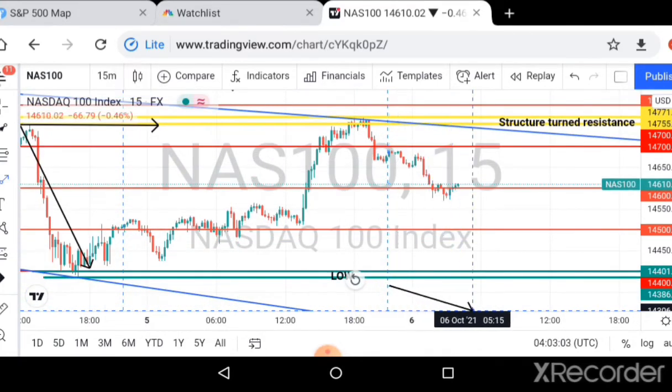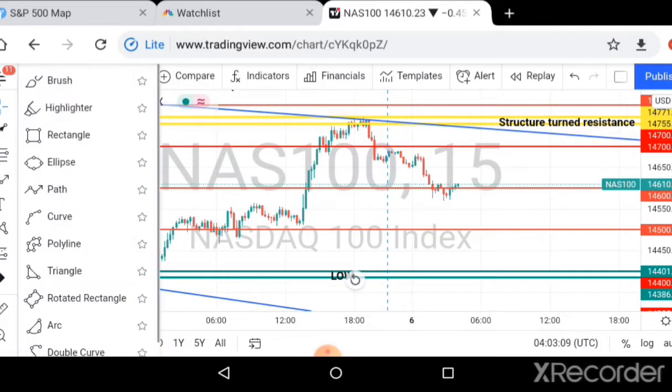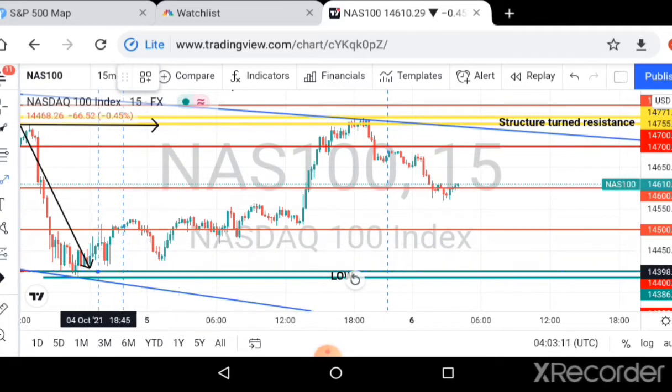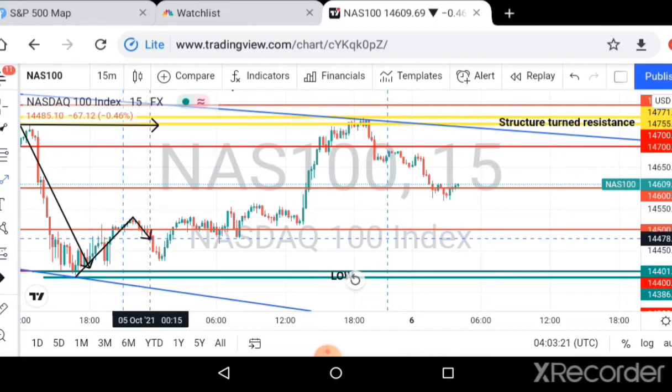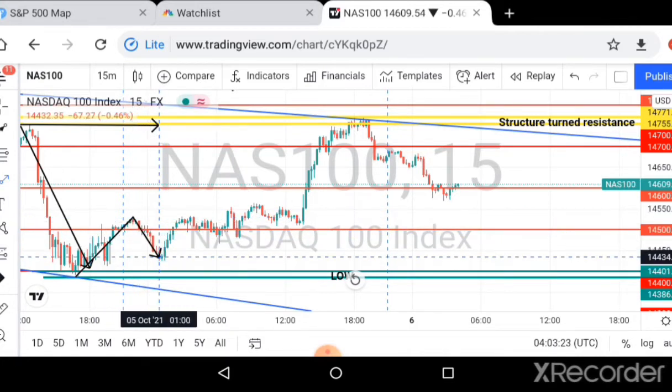I'm going to show you this. Okay, so let me just delete this. I will start from where the market started going up. We had the market moving from this point here, went up from the low, it went up, then we had a correction, then after that it continued higher,